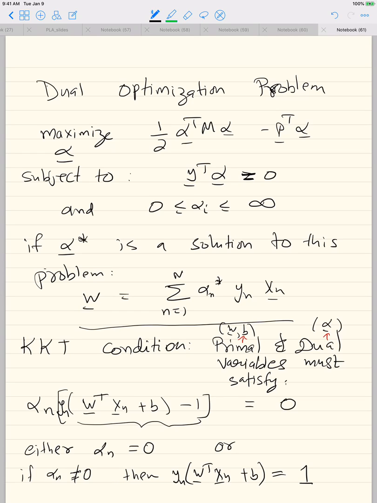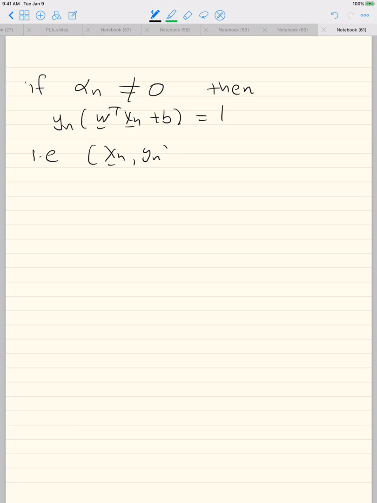So in other words, if alpha n is not equal to 0 for a given point, then this condition must be satisfied with equality. So if alpha n is not equal to 0, then yn w transpose xn plus b must equal 1,